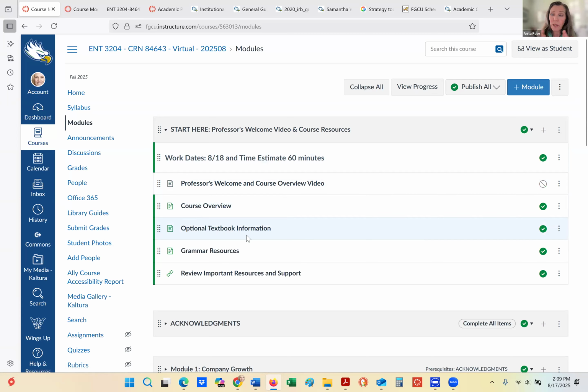Now it's optional. The only part that I use from the textbook is chapter 4. If you can get it online, great. If not, don't worry because I cover it in the course. So it's not necessary for you to purchase the textbook, and that is why I make it optional. But some students like to go ahead and have additional work, and you're welcome to go ahead and purchase a